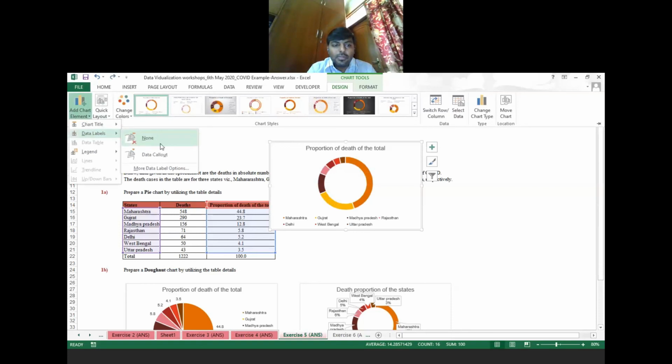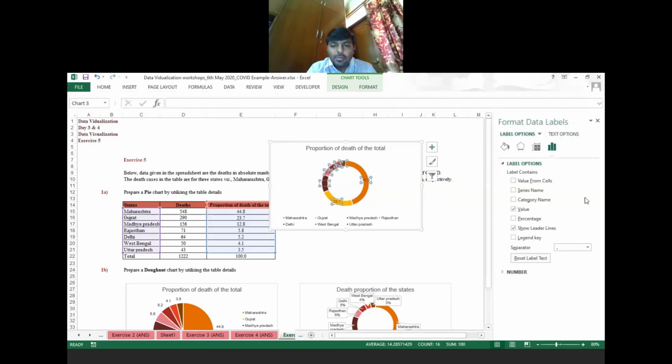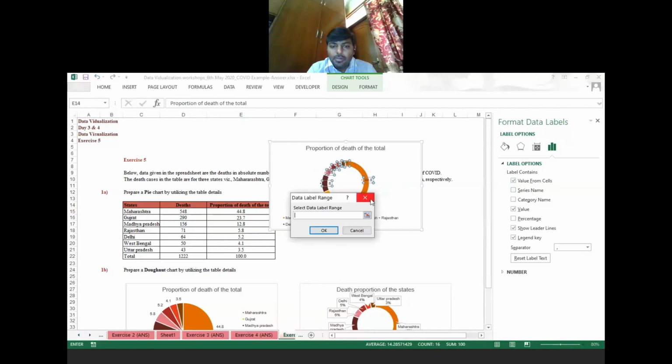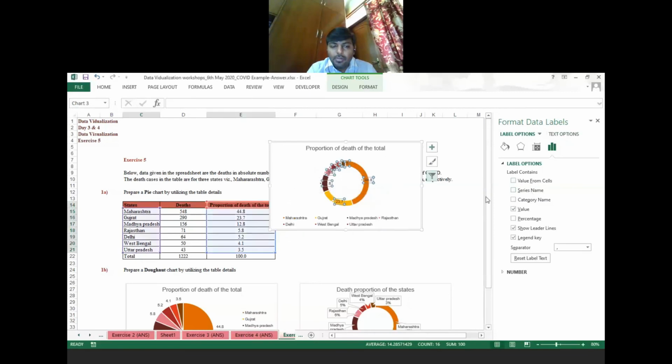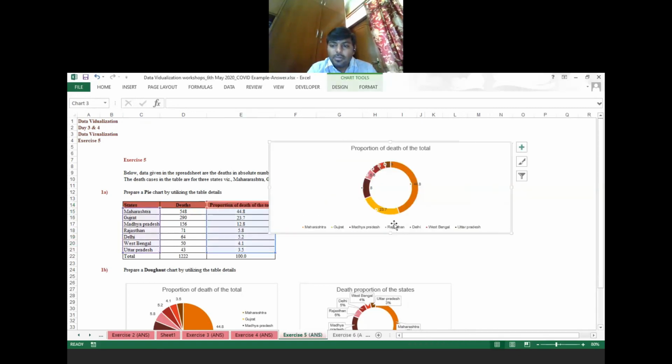Data labels, data callout. From here, you can give legend key, percentage, as well as value, series name, value from the cell also. So many options are here. You simply go for the value one. This is how to make a donut chart.